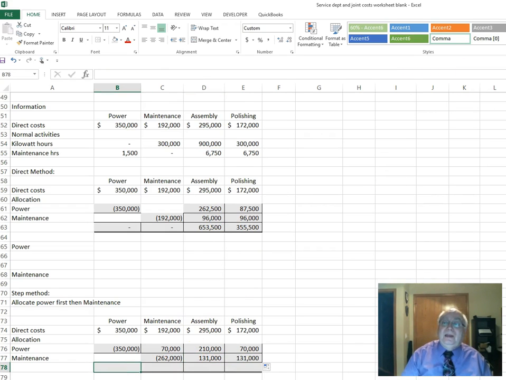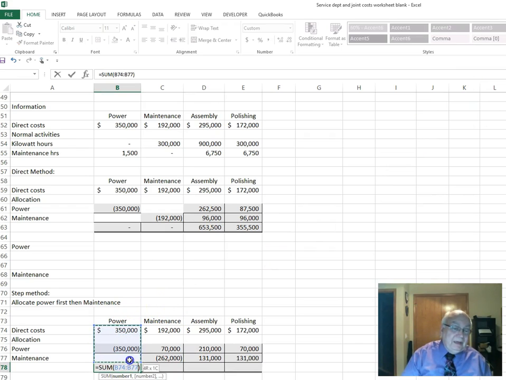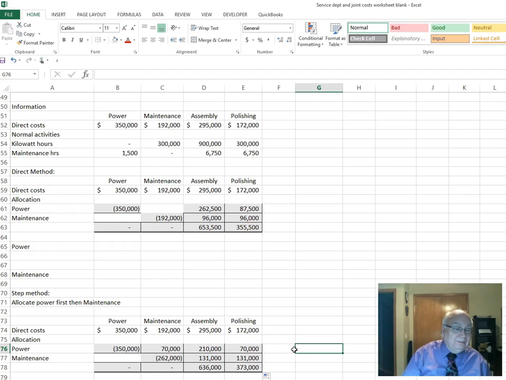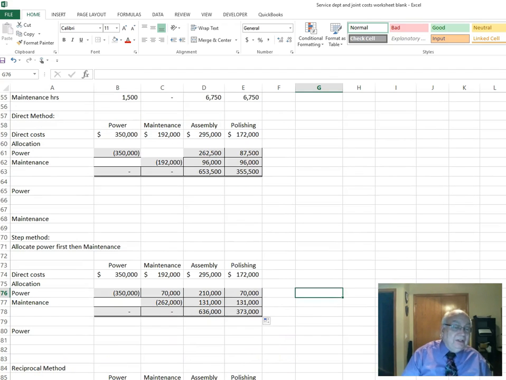Okay. Then again, we add these up. And the first two again should be 0. And the last is our difference. So you notice we have a little different overhead for that one. Okay. We do the reciprocal method on